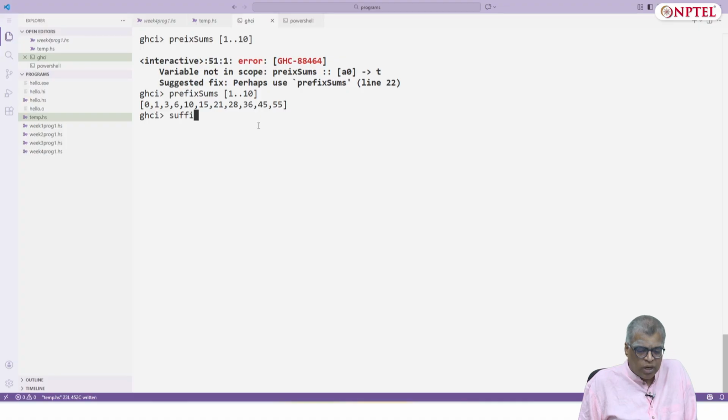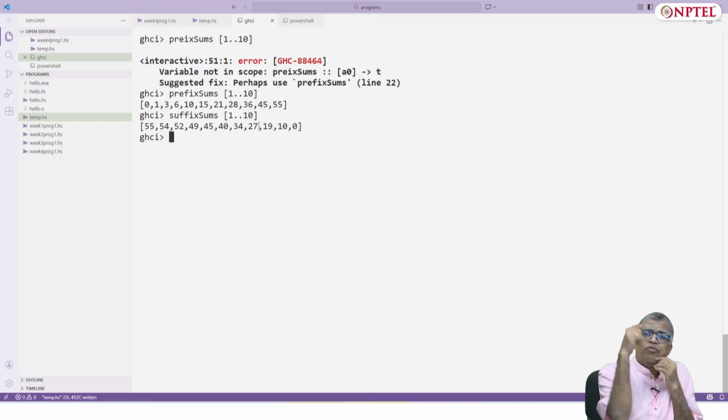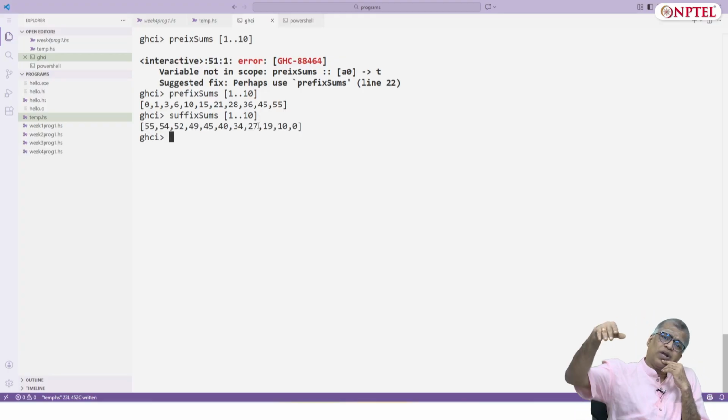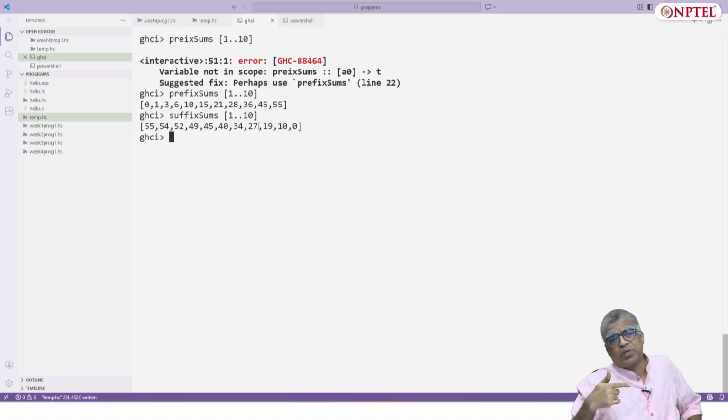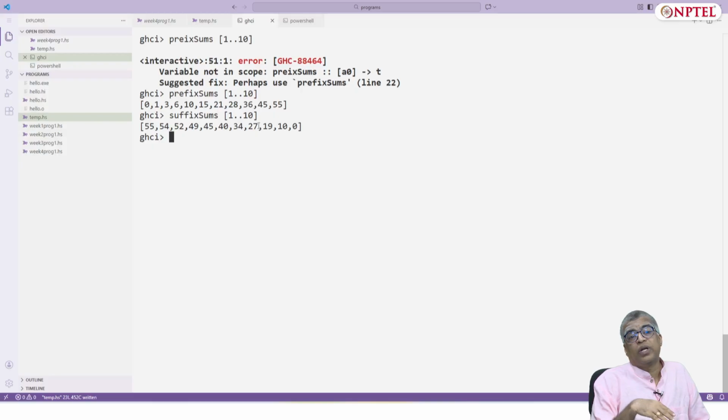Suffix sums, let us look at that for the same 1..10. This will start with 55 because that is the largest. 55 is the sum of 1 plus up to 10, 54 is the sum of 2 up to 10, 52 is the sum of 3 up to 10. So you have to keep subtracting from the left to get the suffix sums.